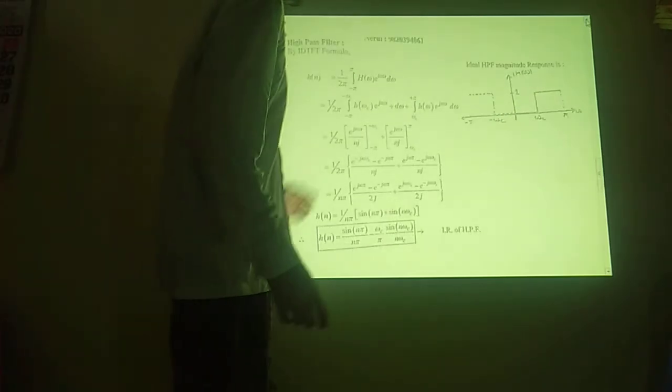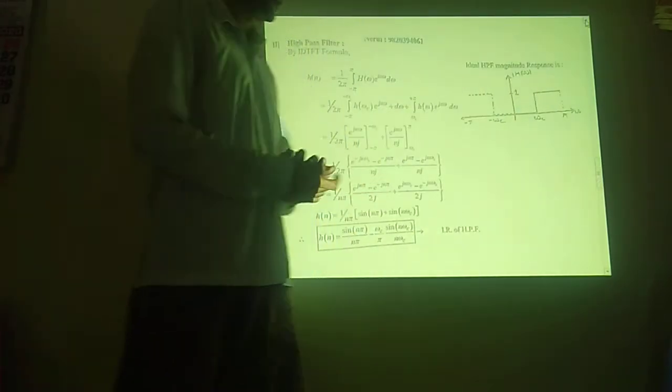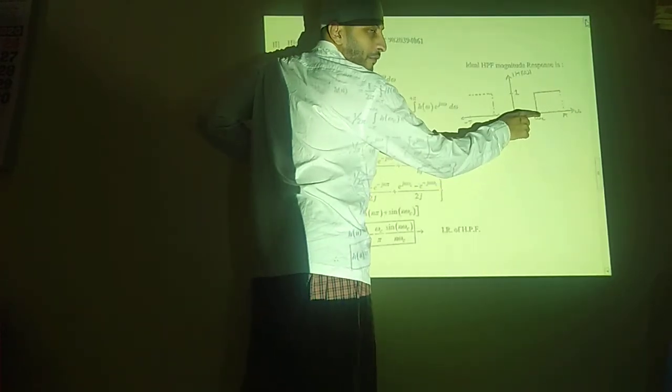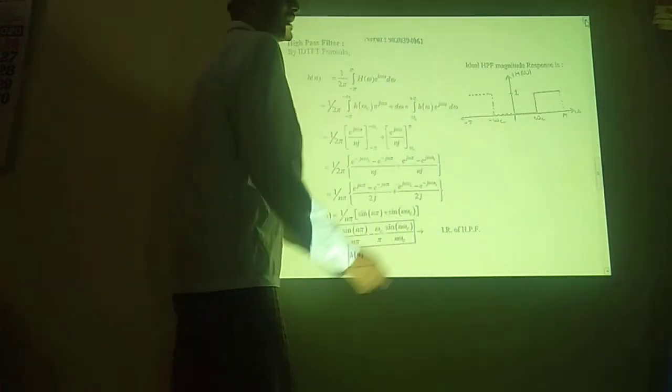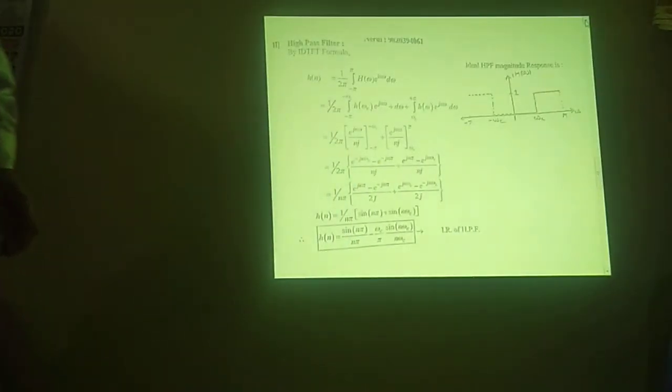Let us see the ideal response of a high pass filter. If you can see, this is the x axis, this is the y axis, considering the right hand side. It will not allow the low frequency to pass, but it will allow the high frequency to pass. So this is an example of a high pass filter. It will allow only the high frequency to pass, so this is not allowed, but high frequency is allowed to pass between the range omega c to pi. So this is the ideal response of a high pass filter.